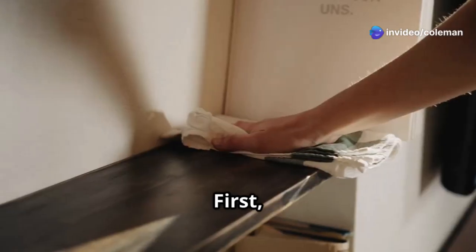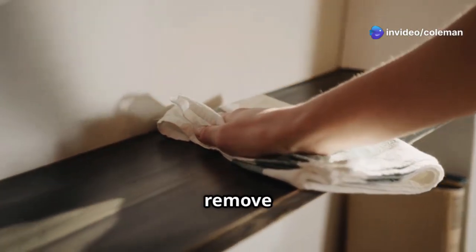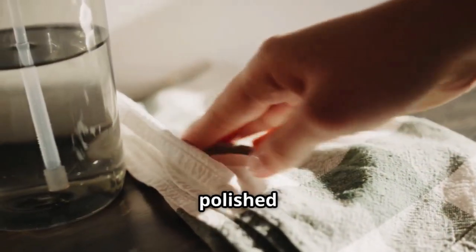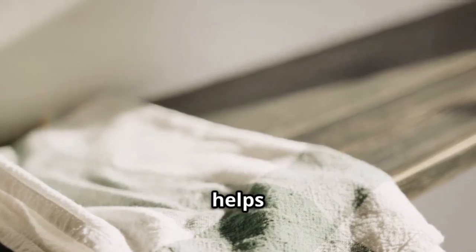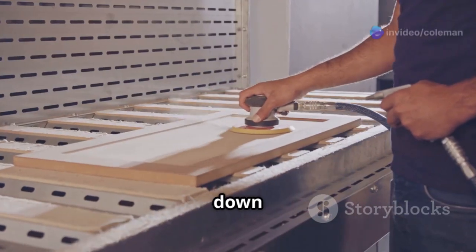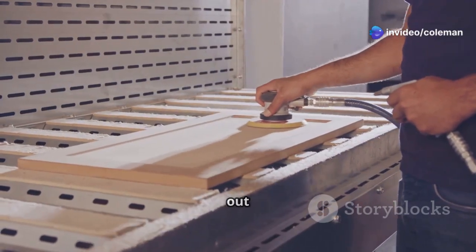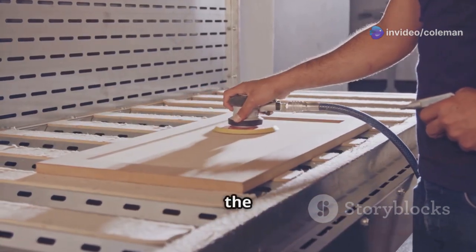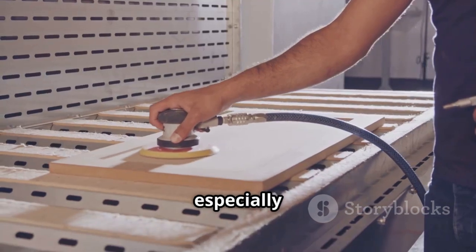space. First, clean the drawer thoroughly to remove dust and cobwebs. A clean surface ensures that your planter will look polished and professional, and it also helps the materials you add later adhere better. If needed, sand it down with medium grit sandpaper to smooth out rough edges. This step not only improves the appearance but also makes the drawer safer to handle, especially if it has splinters